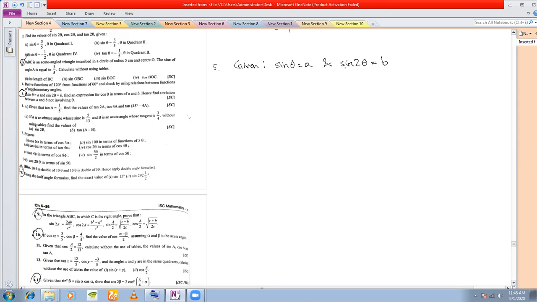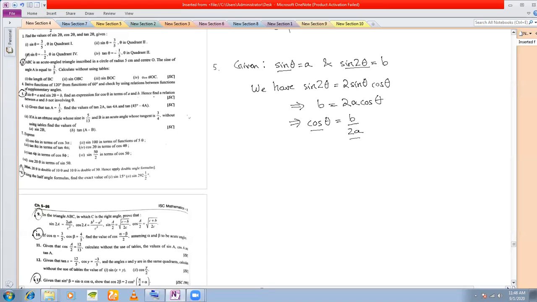So if we see sine 2 theta, what is the relation between sine 2 theta and sine theta? We have from multiple angle formula, sine 2 theta is 2 sine theta cos theta. Put the value of sine 2 theta as B, put the value of sine theta as A, cos theta. So therefore, what is cos theta? Cos theta is B by 2A. So you have written cos theta in terms of B and A. That was the first part of the question. We have answered that question, to write cos theta in terms of A and B.